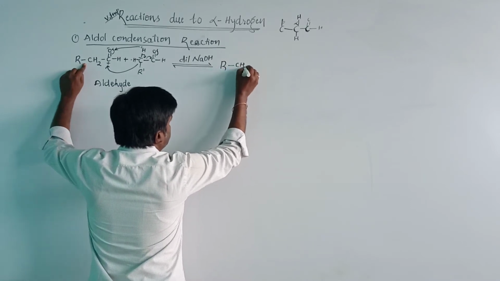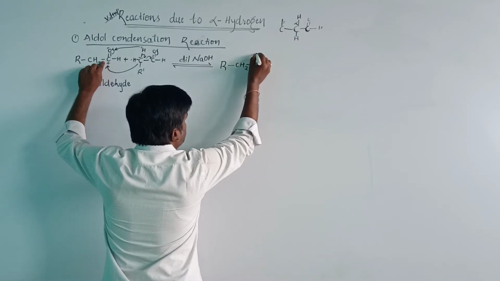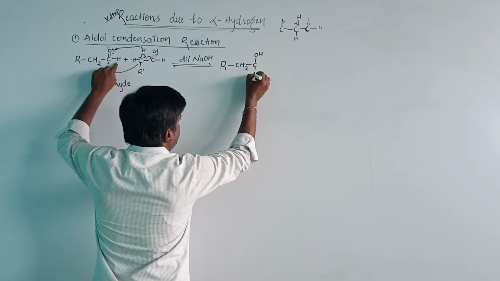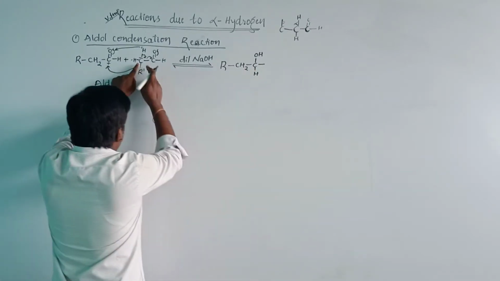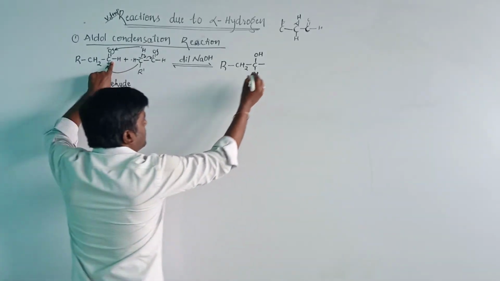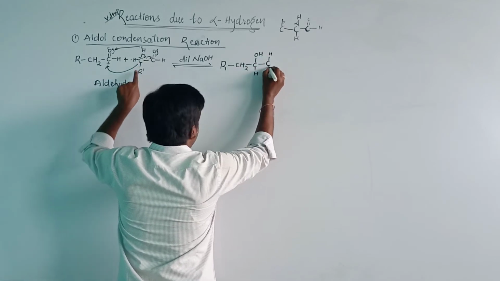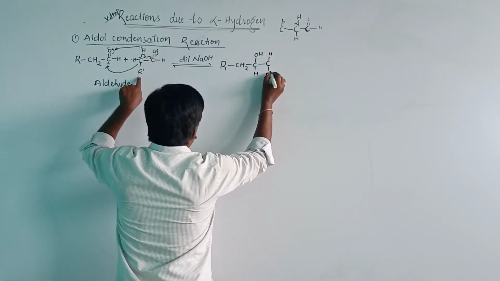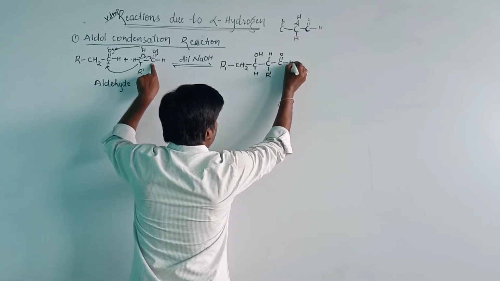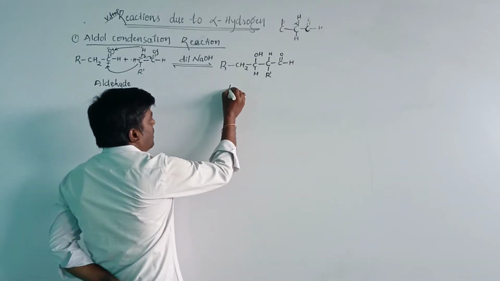R CS2, then here C, then addition of one hydrogen, then it will become the OH group, and one hydrogen here, and this part will be attached to the carbon atom, then C here, H and R dash, then C double bond OH. This compound is known as an aldol compound.